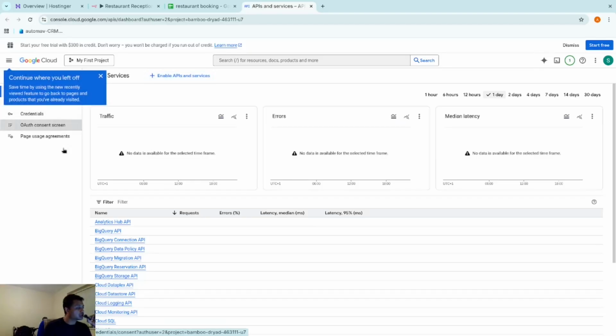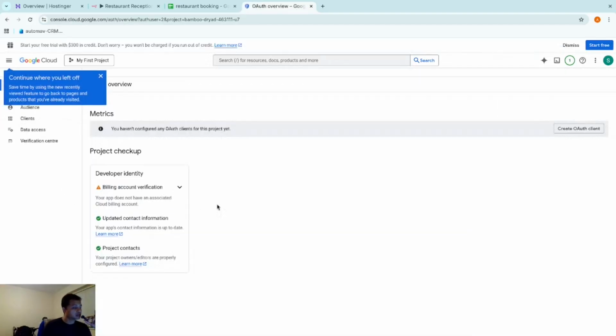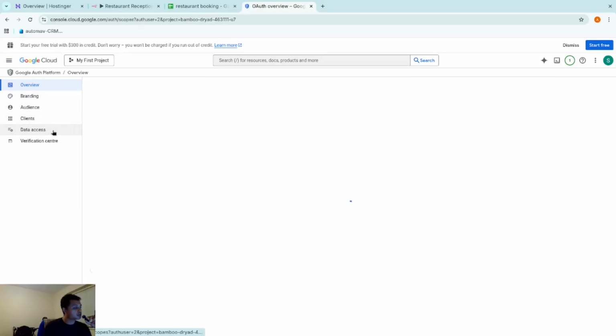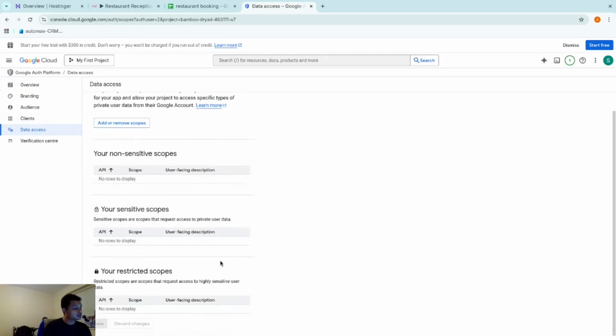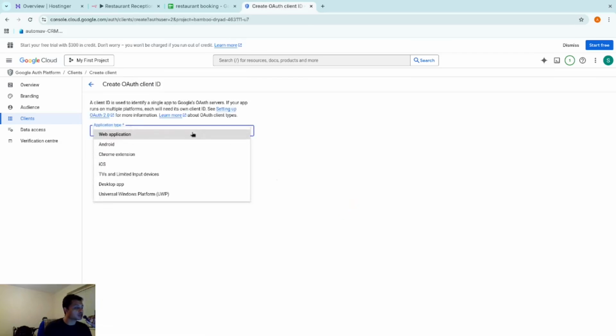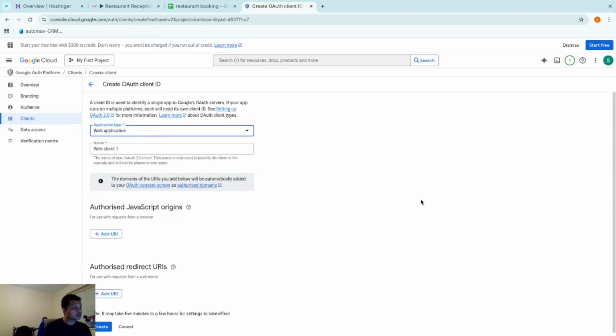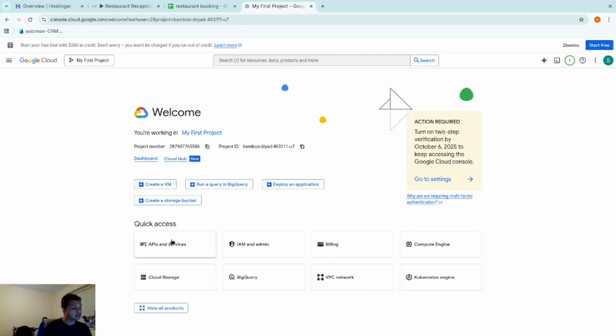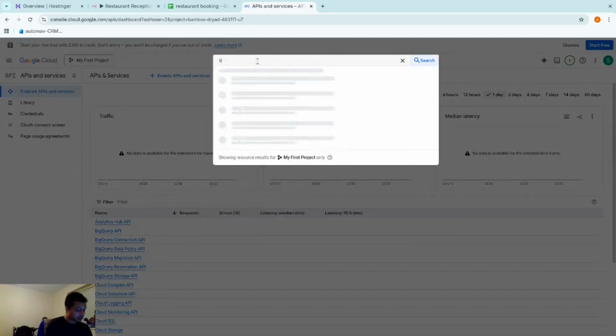Then we go to the content screen. Oops. Which one is it? Got this. Okay, clients. There you go. We're gonna create a new one. In this case, it's web application. Oh, I think before that, right? We're gonna have to go back to the Google Cloud, and then APIs and services, and I'm gonna click